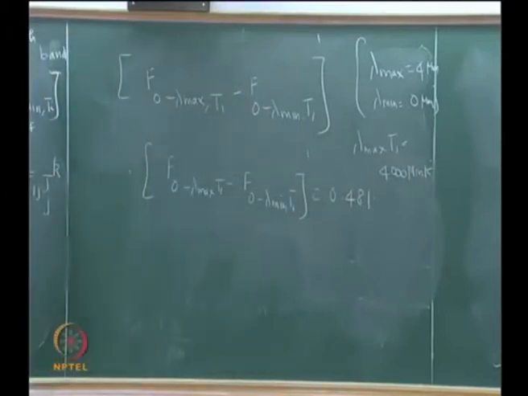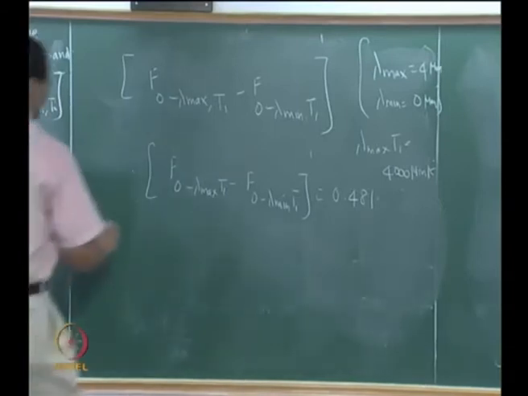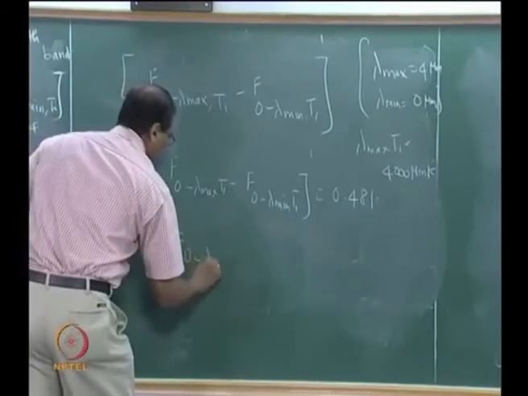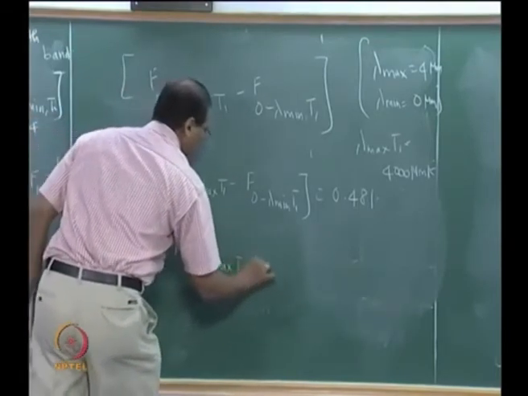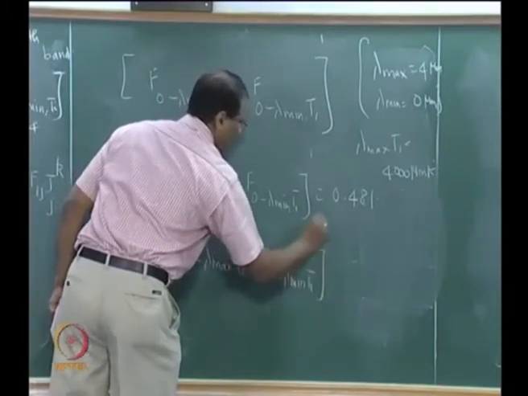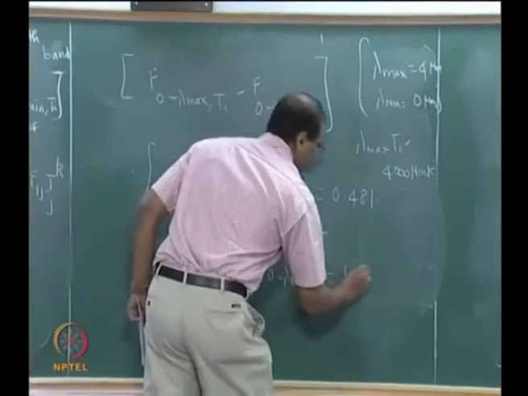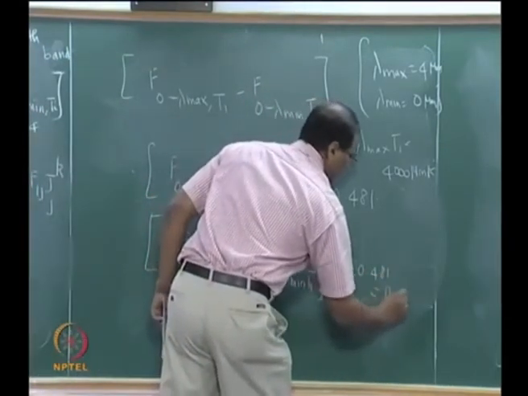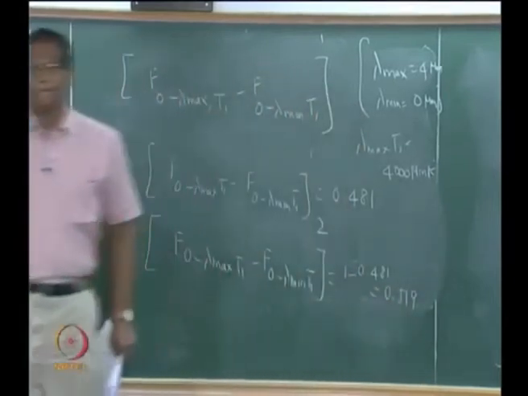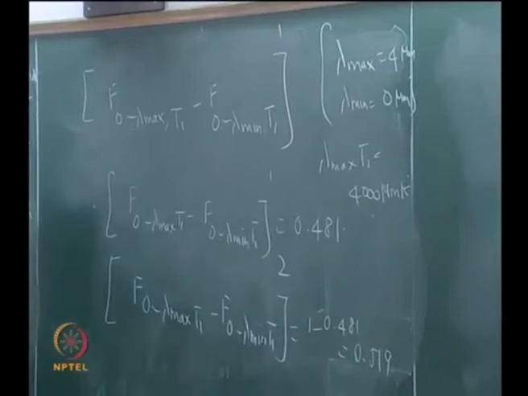Fine. First surface band 1, you got the F, correct, 0.48. Then there is no need to calculate this, this is automatically 1 minus, correct, 1 minus 0.481. I hope everybody is following this. Now